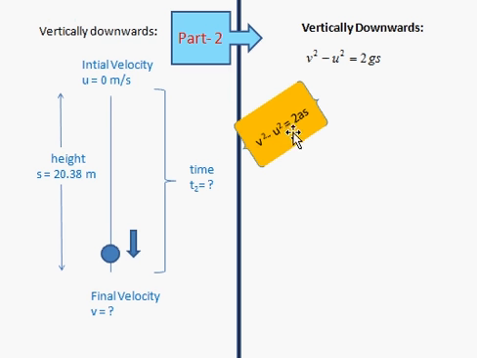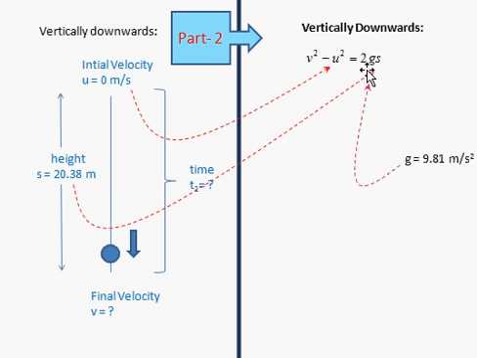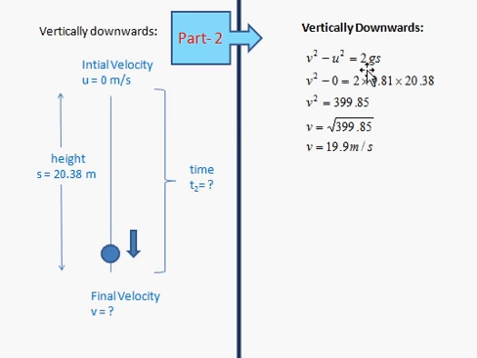With v square minus u square equal to 2as, and modifying with respect to vertically downward motion, I am writing this formula here and substituting all the data here. We can get the final velocity with which the ball hits the ground. Okay, in between we have here that v square equal to 3999. In order to remove the square, I am taking the square root on both sides. So finally we will get v equal to 19.9 meters per second.